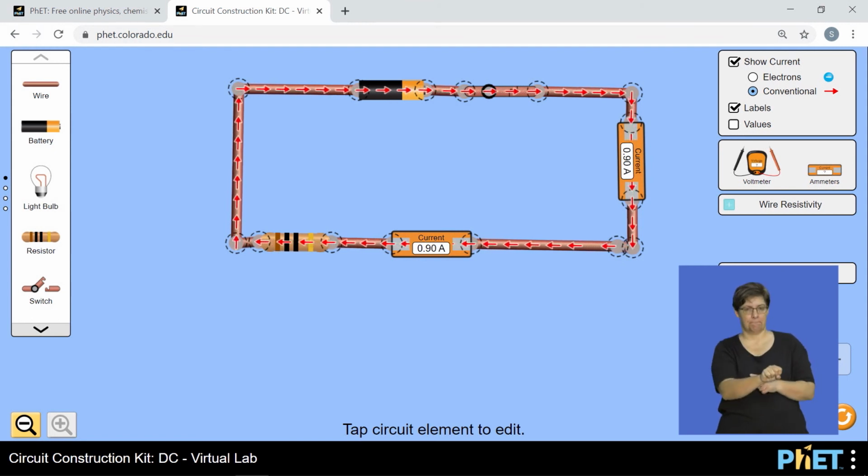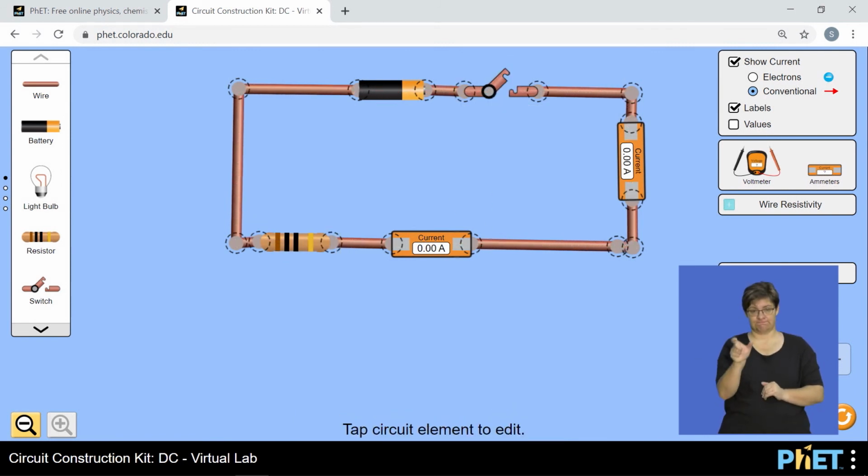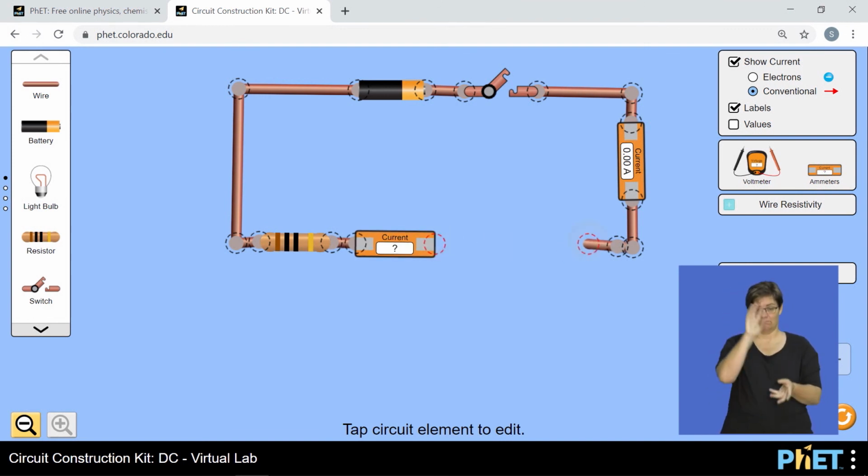You realize that with R1, which is 10 ohms only, the total current in the circuit is 0.9 amperes. Suppose we break that circuit and add the other resistor so that we can get a sense of what happens to the total current in the circuit. Take note, with only R1 of resistance 10 ohms, the total current was 0.9. What if we add